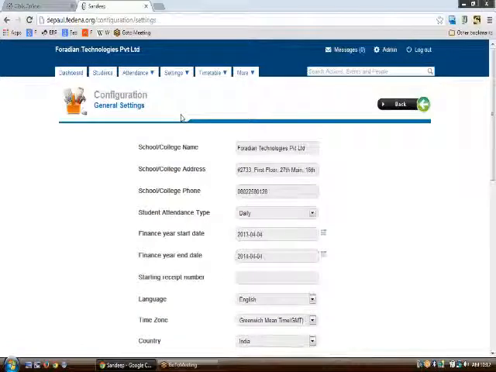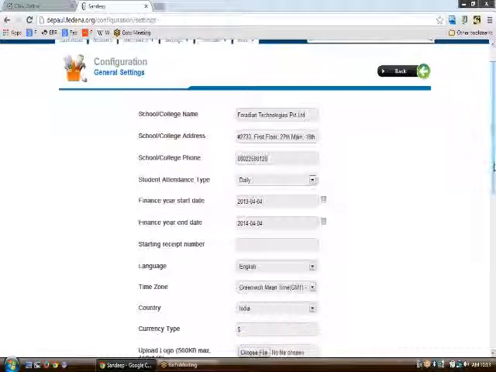In general settings, normally we tell the application what all things we have in our college or institution. To start off with, we need to tell the application our school or college name, then the address and the phone and so on.